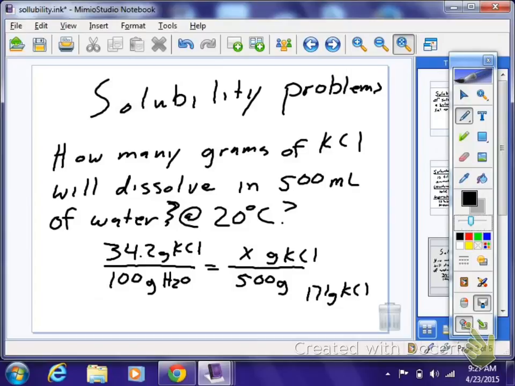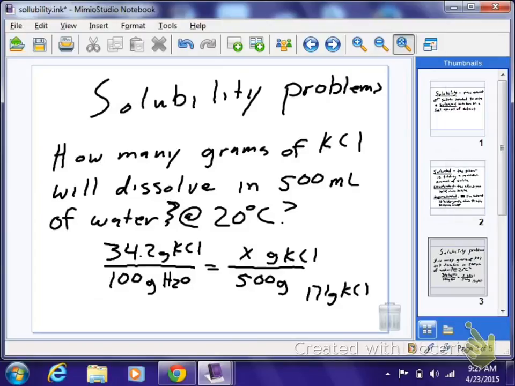Okay. Now we're going to apply some information that we already know a little bit called saturated, unsaturated, and supersaturated. We're going to treat a problem a little bit differently now. Okay? So what we're going to do is we're going to go ahead and